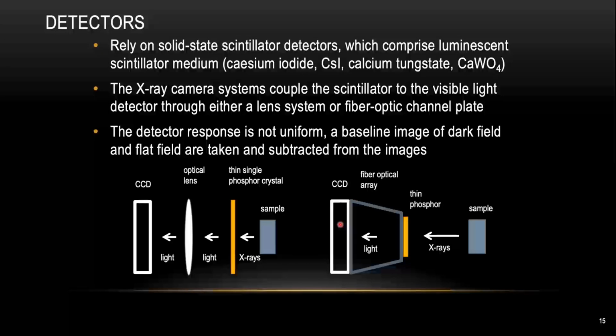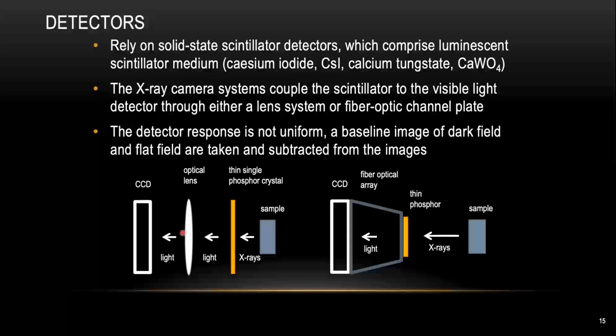But you also have another way to detect your signal. We use some kind of optical lens. Before the signal is read out by the CCD camera, we can use an optical lens to do a second stage of magnification. And that's the detector we mostly use for generating high-resolution CT images.